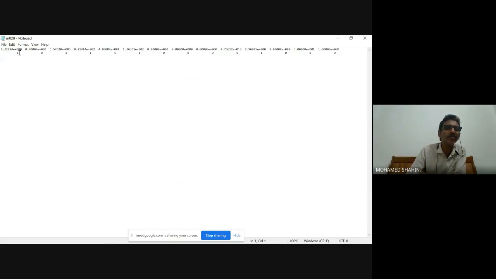But one thing you can see now is that here we are using only one parameter. Delta epsilon 1, delta epsilon 2, we fixed to be 0. So we are dealing with only one process, and all the other things. When it is 0 it means it is fixed, and when it is 1 it means it is free.